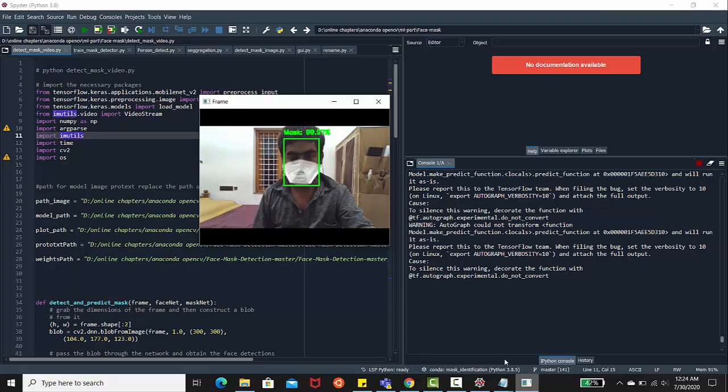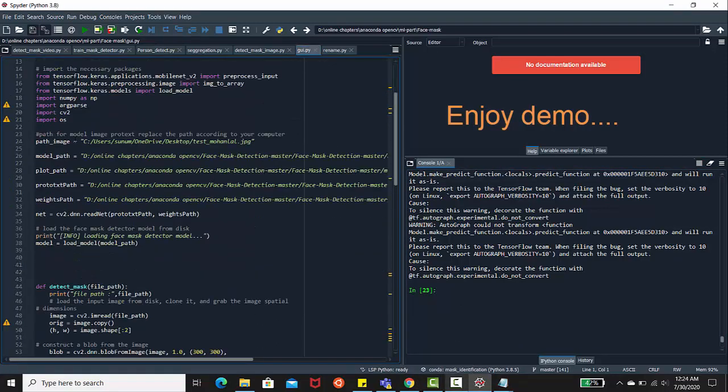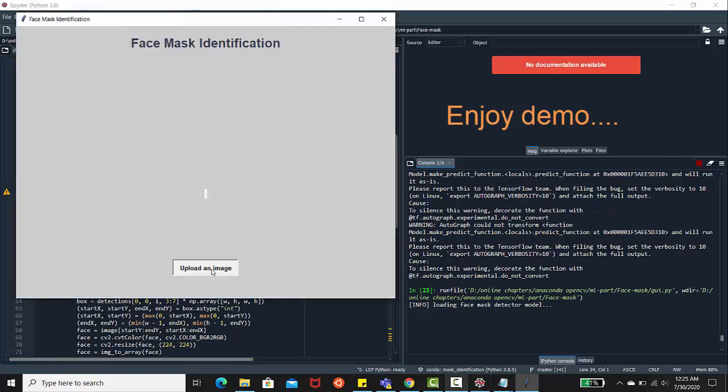And let's now check with an image input to that model. I have made a small GUI code for that one. It's also available in my GitHub. So you can run this code, and you can see how this model is responding towards the images. I just run the code, and you can see now the GUI will come. Yeah, you can upload any image from your PC to test.